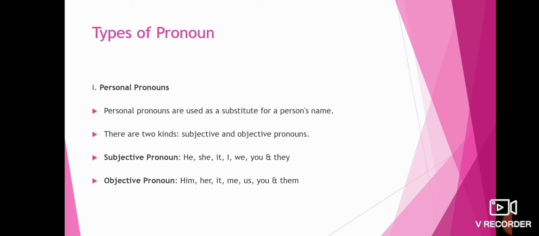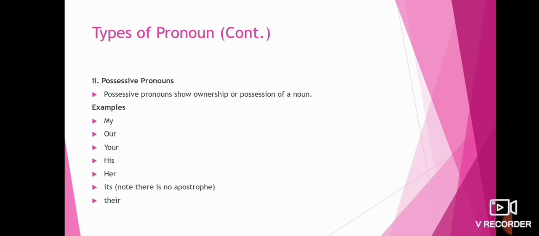The first one is subjective pronoun. So subjective pronouns हमारे साथ कौन से होते हैं? Is the very name mentions जो कि sentence में is a subject use होते हैं. And there are total 7 pronouns that can be used as a subjective pronoun, that is he, she, it, I, we, you and they. On the other way we do have objective pronoun. As the very name mentions कि ये pronoun हमारे साथ sentence में as an object हम इसको use कर लेते हैं. And the objective form of the pronouns are him, her, it, me, us, you and them.